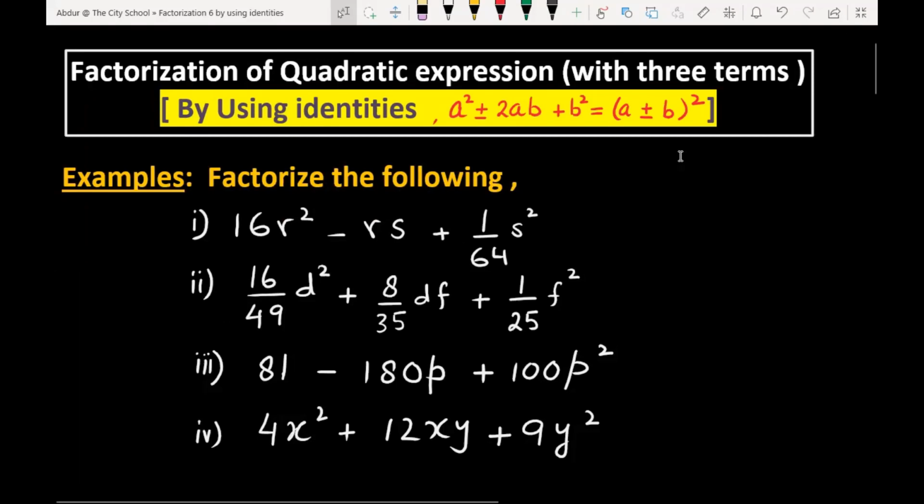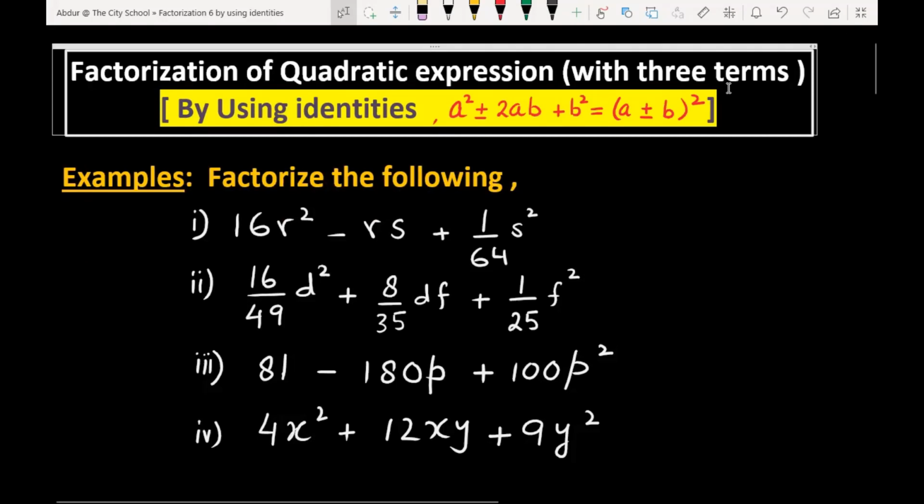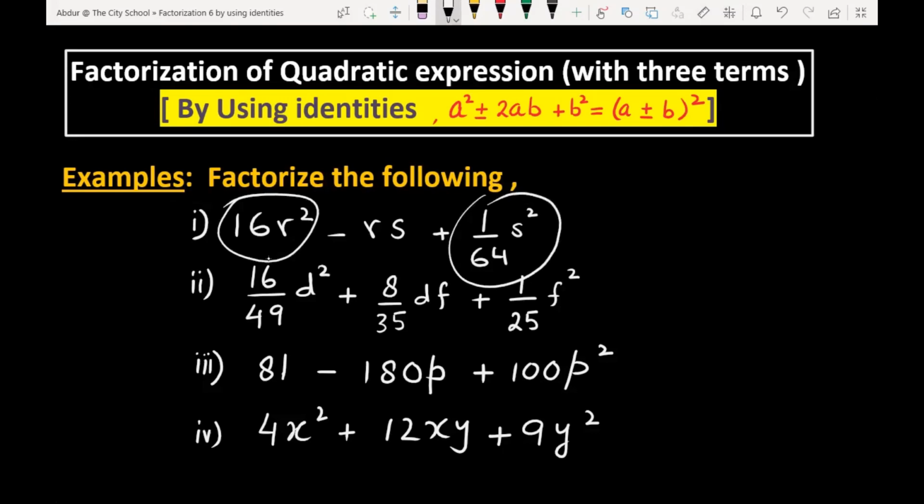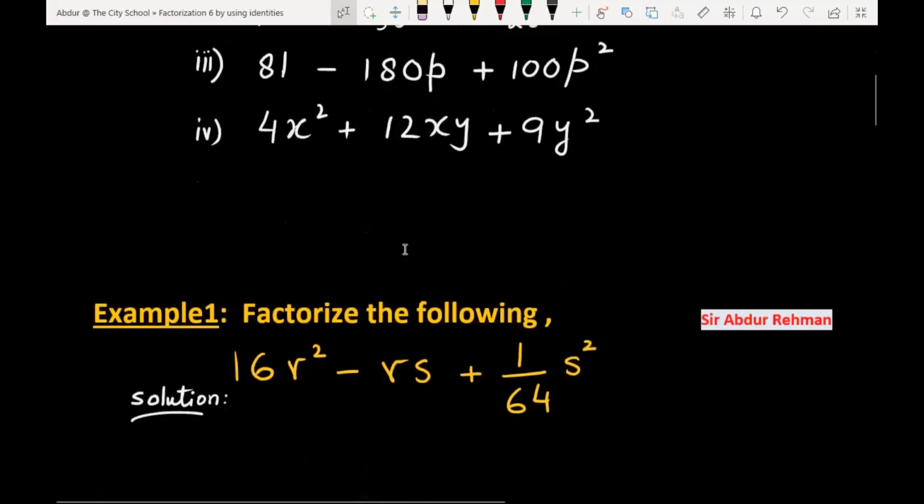In this lesson number 6, you will be able to factorize quadratic expressions by using identities. When the first term and the last term are perfect squares, like 16r square and 1 over 64s square, you have to factorize such types of expressions by using identities instead of breaking the middle term. It will save your time to attempt questions. Now start